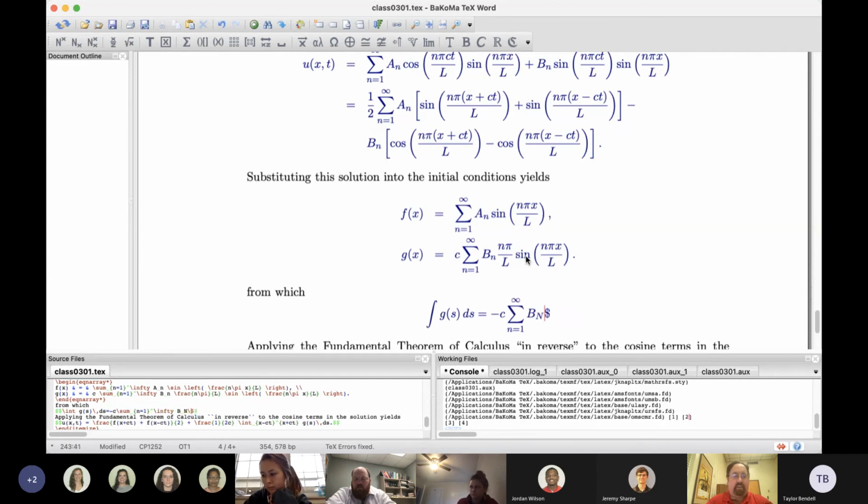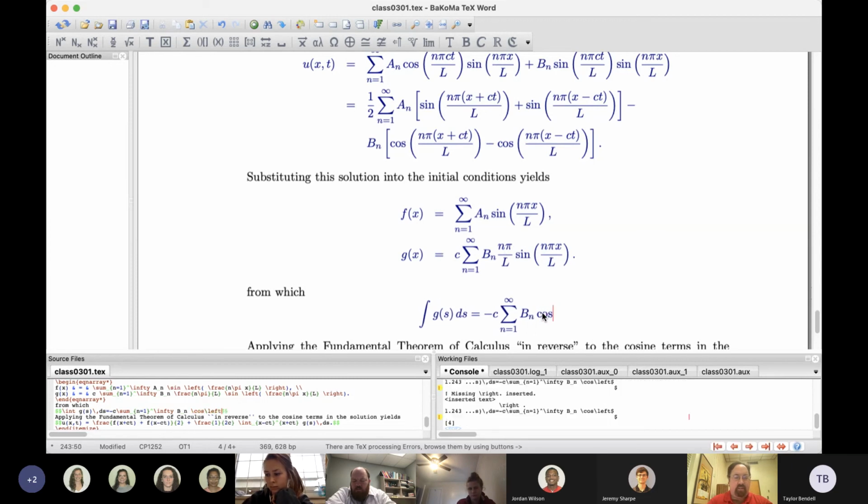So I have b_n. And then, if I integrate this sine, I have to divide by n pi over L, which cancels the n pi over L here. So I just end up with